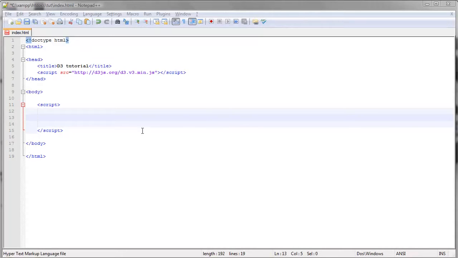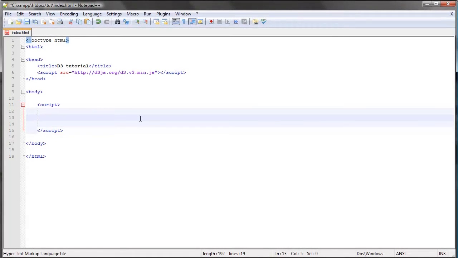In this video we're going to take a step back and revisit the actual data binding that we've been doing in the last couple of videos. As you may recall, so far we've used the data method and the enter method to add elements for each data element that we have. So we've been adding DOM elements, that is a circle or a rectangle or whatever, for each element in our